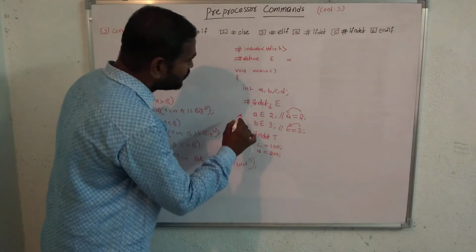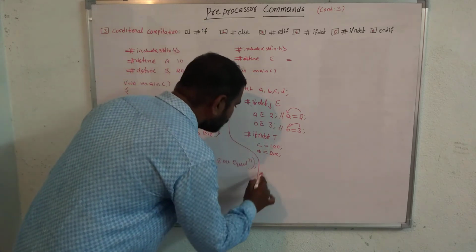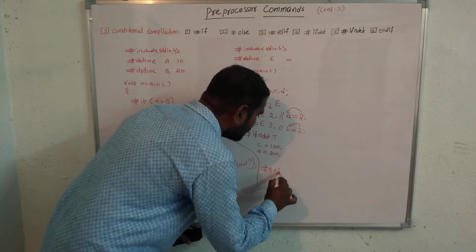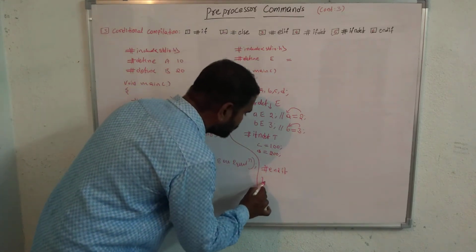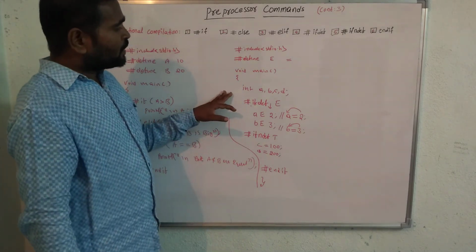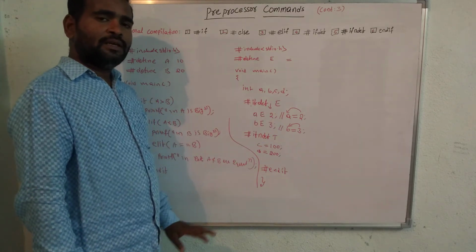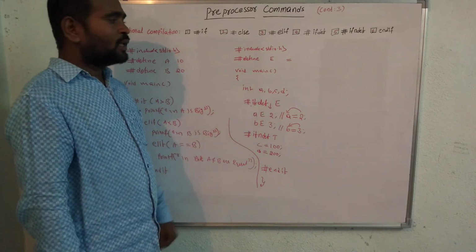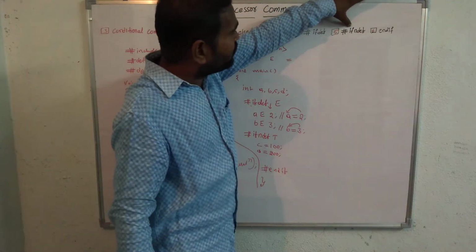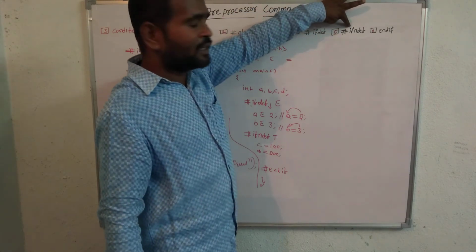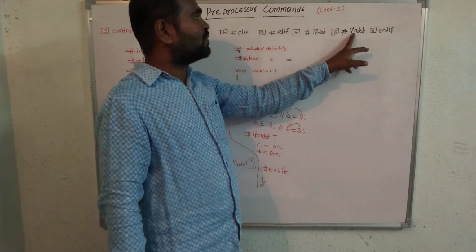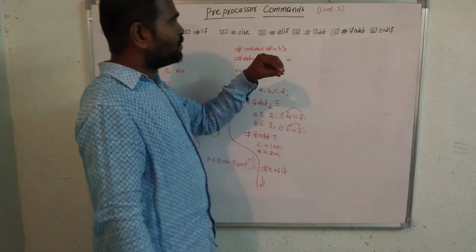So the next one is here. I conclude this one with #endif. Close the main program. So please observe, my dear students, here I want to declare a, b, c, d variables as integer values. Then by using this program, I explain #ifdef and #ifndef. For what purpose we use #ifdef, and for what purpose here we use #ifndef.